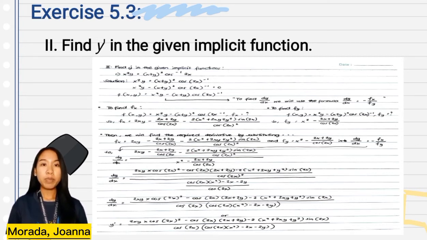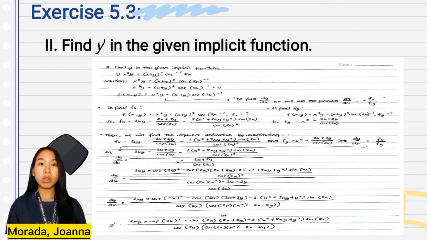So f(x, y) equals x squared times y minus (x plus y) squared times cos(2x) raised to negative 1. So fy is equal to x squared minus 2x plus 2y over cos(2x). And then, we will find the required derivative by substituting the first derivative with respect to x, which is equal